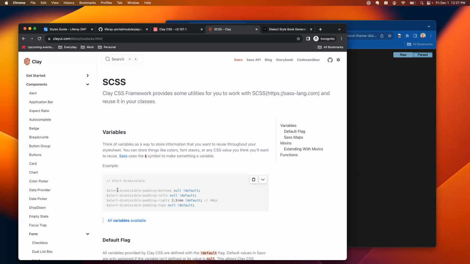And so basically you can influence the styling of many of these Clay provided components via your dialect theme or even dialect style book, I should say. So again, I wanted to let you know how all that works and plays with each other. You can see if you do an inspect on